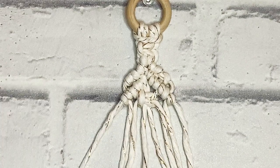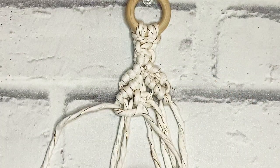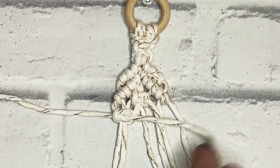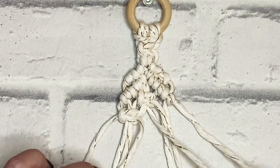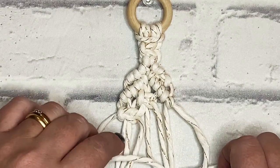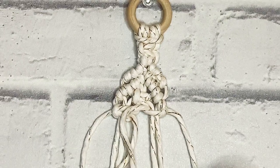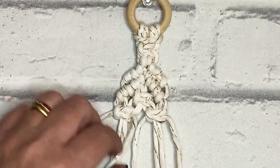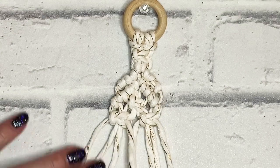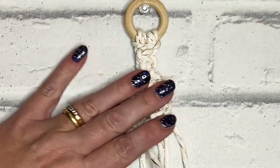Okay, so I'm going to make a square knot with the left hand 4 cords. And I will make a square knot with the right hand 4 cords. Okay, there we go. Okay, so I'm going to take the 3rd cord from the left, so it's the right hand cord from that square knot we've just made. I'm going to take it over